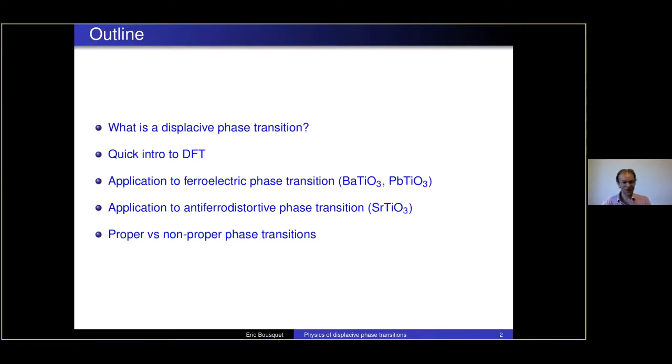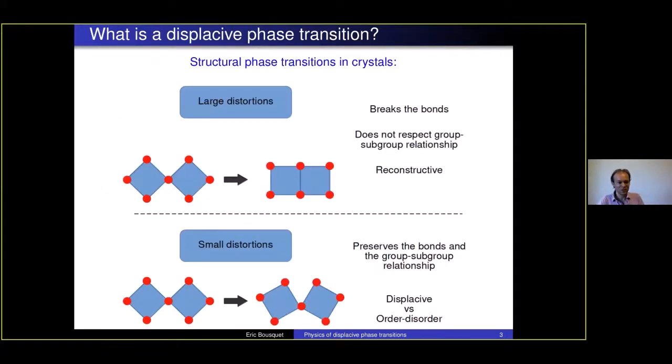Okay, so first of all, what is a displacive phase transition? We keep the description to crystalline transitions, meaning from one crystal structure to another crystal structure. So we will not discuss melting or that kind of phase transition. But I would say we can decompose them mostly into two types of phase transitions. Those where you have a large atomic distortion of the lattice of your crystal, which is the